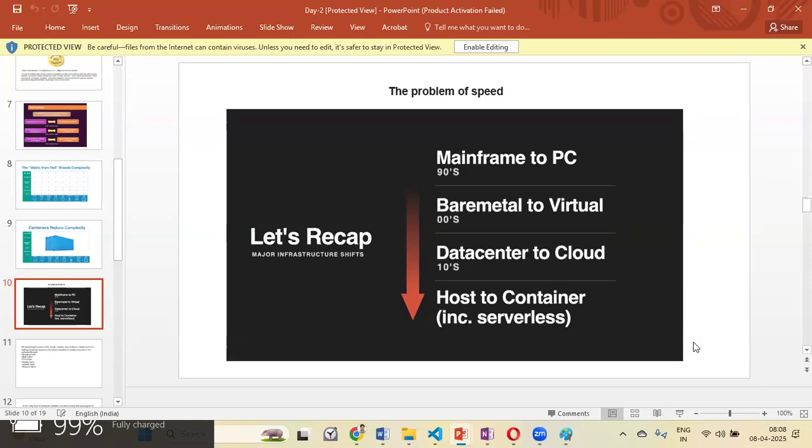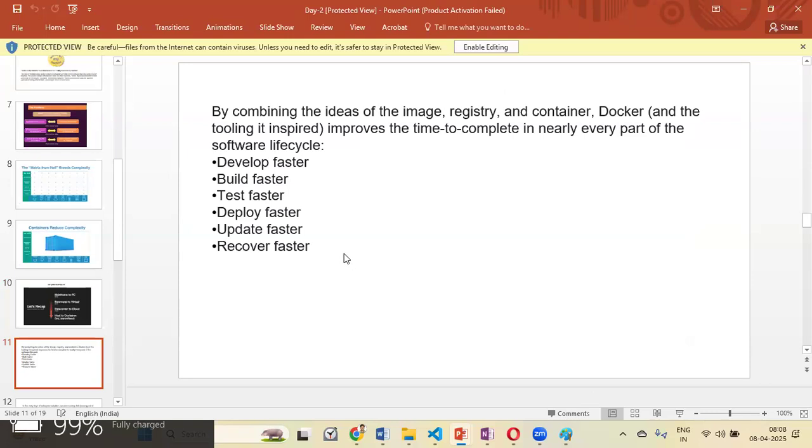If you can see the amount of time that is saved. So these are the problems that are solved, and these are the advantages we have accrued because of Docker. By combining the ideas of images, containers, and registries, all these terms you will understand as we go by. An image is a static one. When you take an instance of an image and run it, it becomes a container. And when you want to save the image somewhere securely, that is a place called a registry. There is nothing fancy about these words, but you will understand much better going forward.